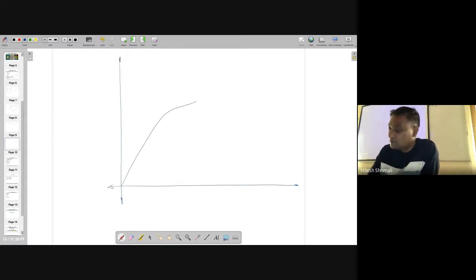So if this is the plot for a given VGS and this is ID versus VDS, right? For a given VGS. So this is already known, all these things, right? And you also understand that I have included the channel length modulation also, right? So all these things are already known to you. So what they are doing, they know that in this saturation region, what is there, and in this triode region, what is happening. I know all these things, right?